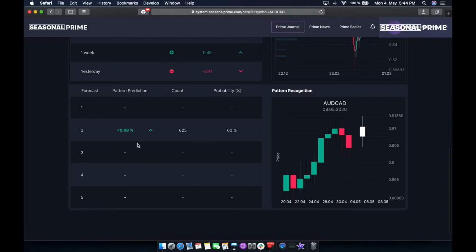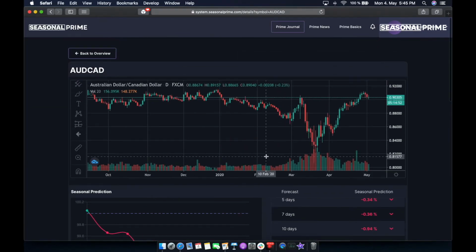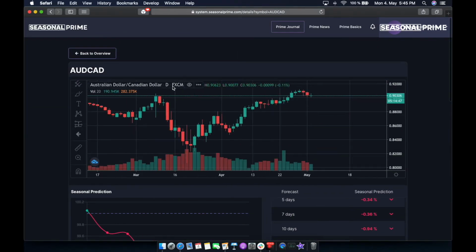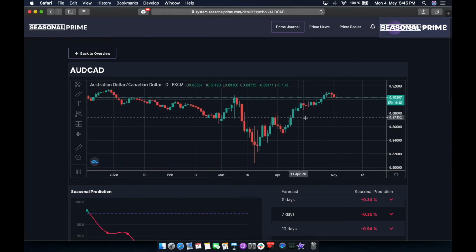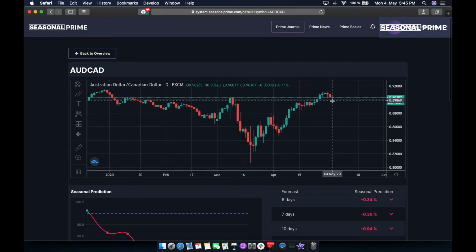What we are doing here is basically we have here our 5 days. So we can already see it's more on the short term. The focus is on the short term. And we are basically analyzing the past 5 days. I can show you the chart here, for example. We have here our daily chart right now, and then I'm gonna take the volume out here. Yeah, this is basically just the past 5 days. So we have here 1, 2, 3, 4, 5 past 5 days, and the software, or the Seasonal Prime, is